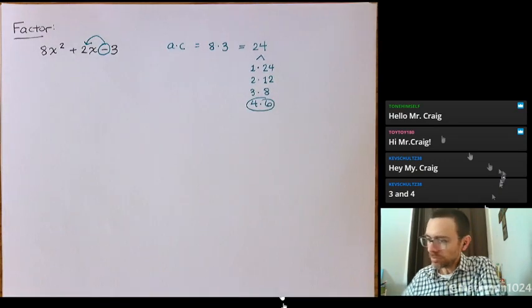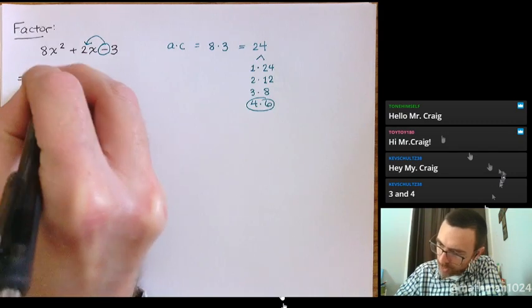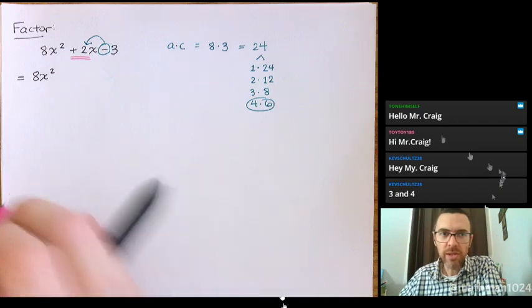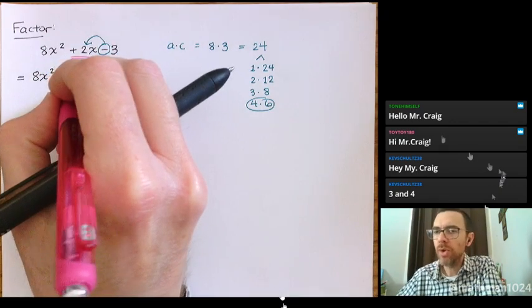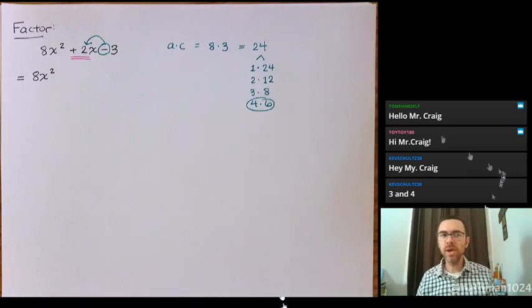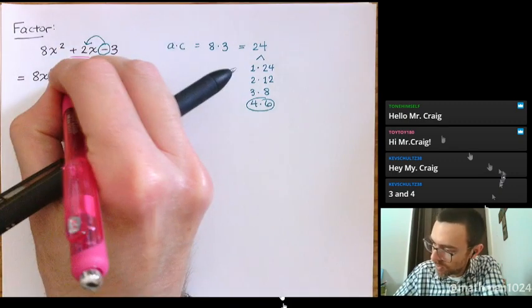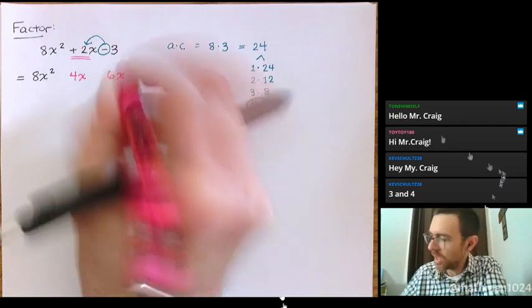So we can take this trinomial and we can rewrite the plus 2x using the 4 and the 6. Now it doesn't really matter what order you write. So if you want to say 6x then 4x or 4 then 6, it doesn't matter at all. So I am going to say 4x and 6x in that order